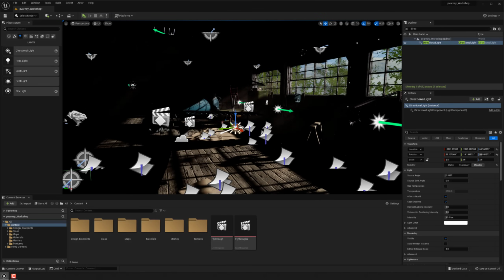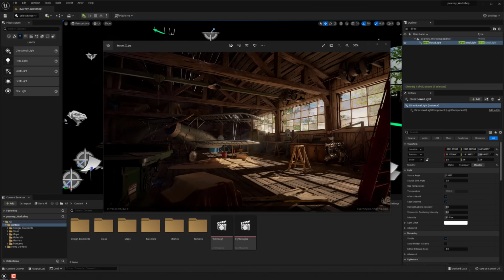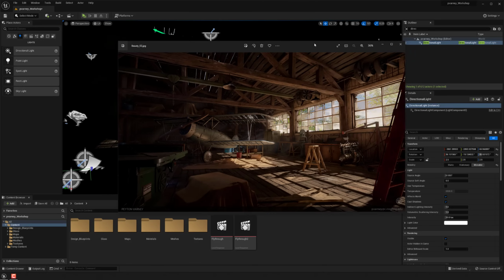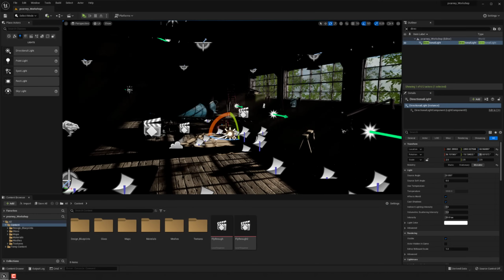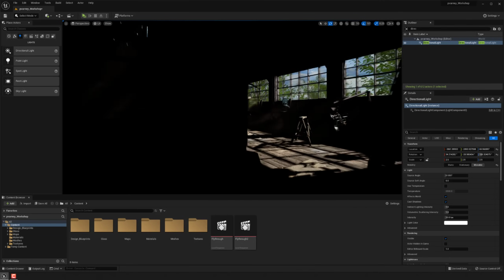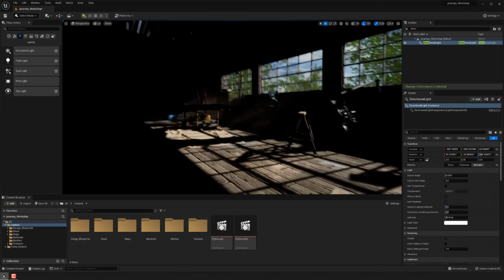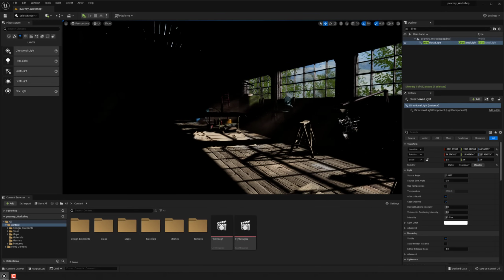So I do want to make sure that as I work on this, I still look at the old workshop picture, just because I think we're drawing inspiration from it. So I'm gonna bring that up real quick and flip over to pretty much this is the primary shot. So I do want, like I said, to have that as the idea of where I want my lighting and all to be, and we can of course play with that a little bit further. So I'm going to throw it around there. I think that looks not half bad, and I think it's definitely a little bit warmer as well,